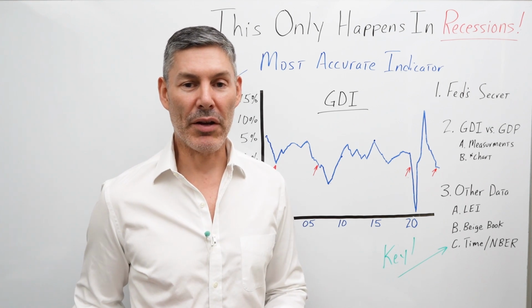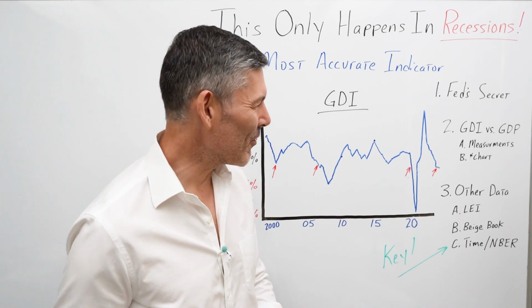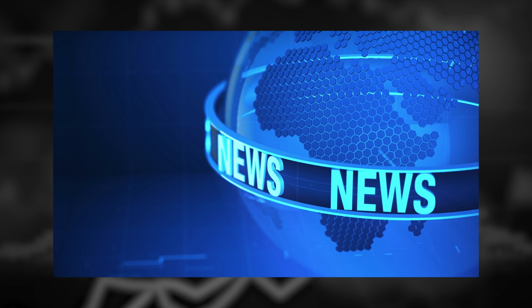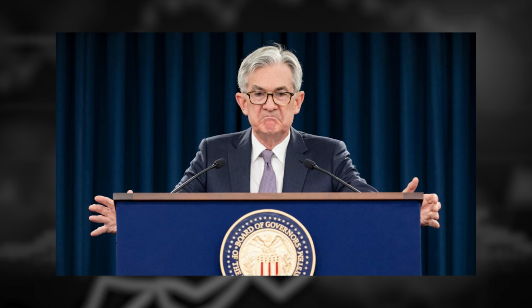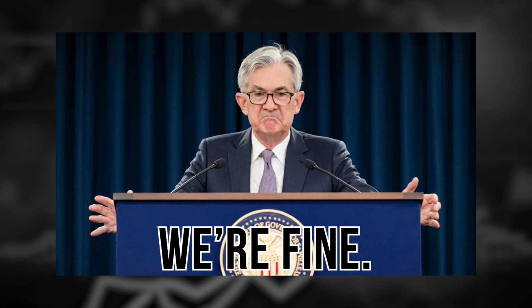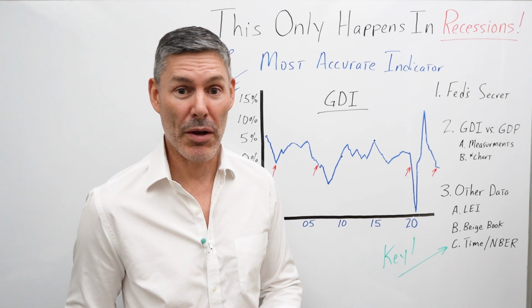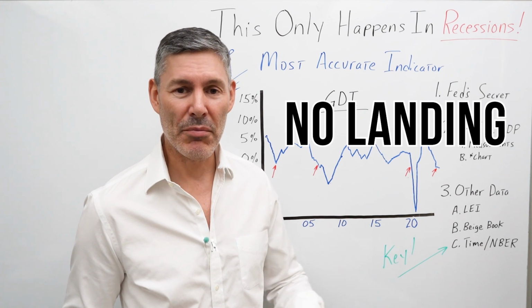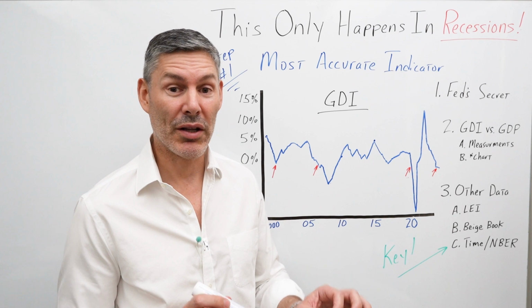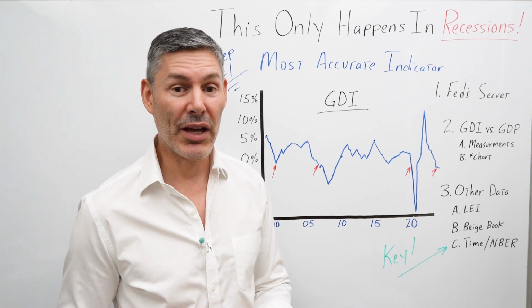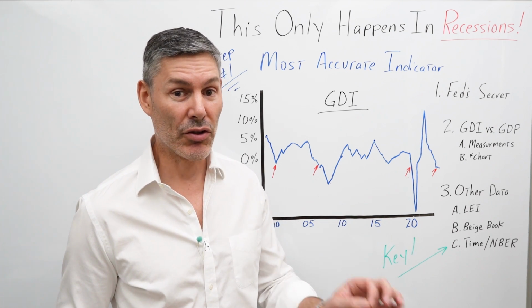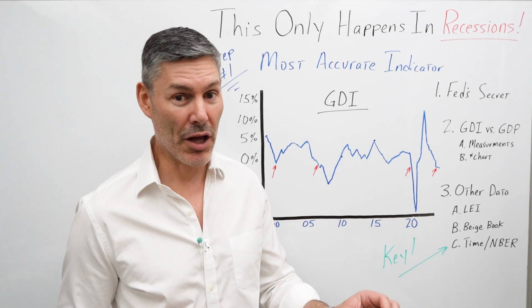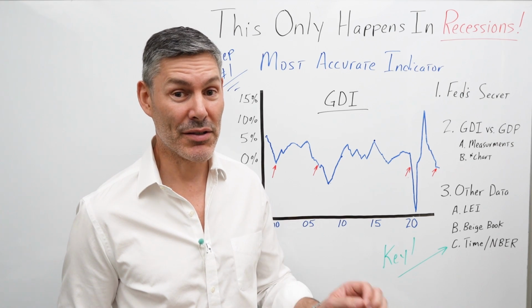Now, I know a lot of you right about now are saying, George, I get what you're saying with the data, but it just doesn't make sense. I mean, I turn on the mainstream media, I listen to the central planners and the authoritarians, and they're telling me that the economy is doing fine and there's nothing to worry about. We don't even have to worry about a soft landing. We're going to have no landing because the central planners are so clever that we've avoided it altogether, and this time the yield curve is incorrect. In other words, this time it's different.